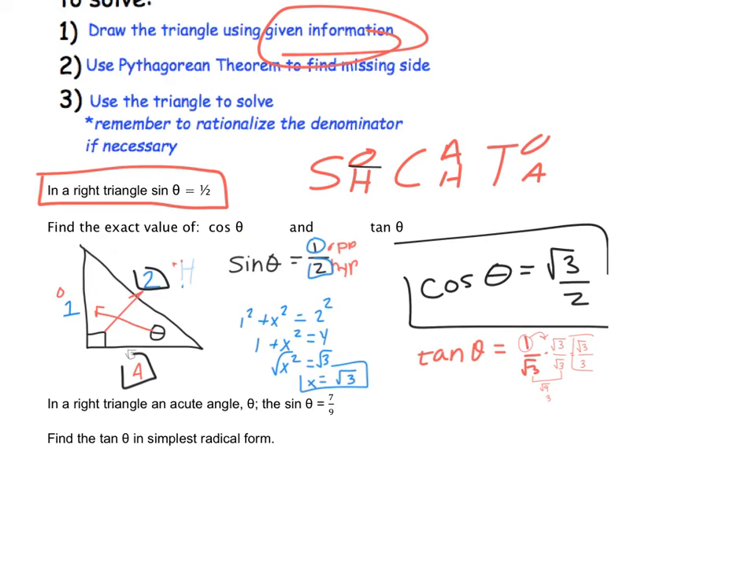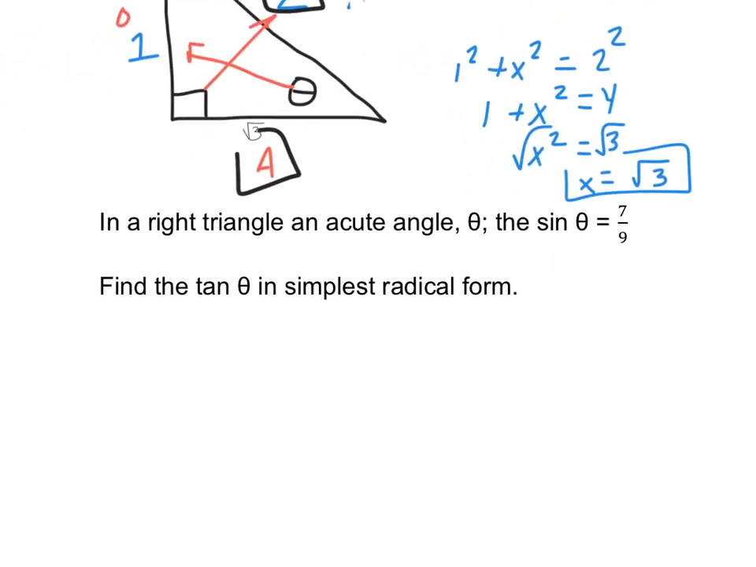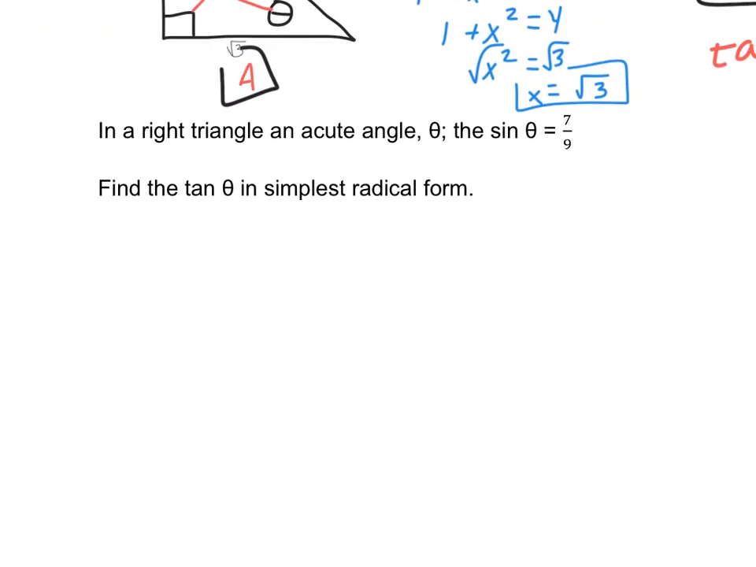Cosine of theta is equal to the square root of 3 over 2, and tangent of theta is equal to radical 3 over 3. What I would recommend is try to do the next example by yourself. It's a little more challenging, but it's quite doable. So we endeavor into example 2. In our right triangle, an acute angle theta, the sine of theta is equal to 7